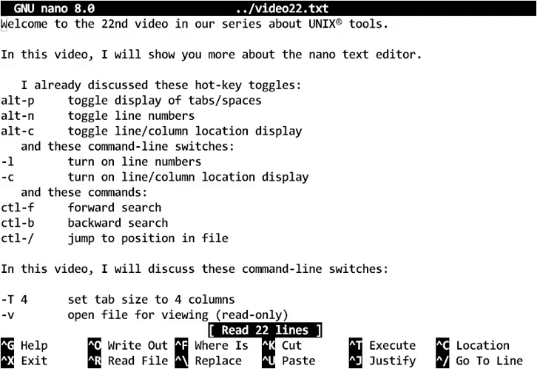In this video, I will show you more about the Nano text editor. I already discussed the things shown here, Alt-P, Alt-N, Alt-C, which toggle different displays. Two of those we could do from the command line with -L and -C. I talked about forward and backward search with Control F and Control B, and jumping to a position in the file with Control /. In this video, I'm going to talk about some more command line switches,